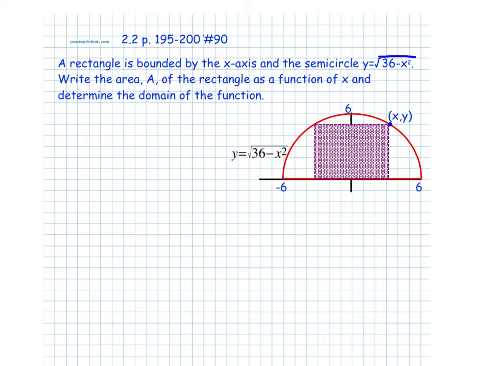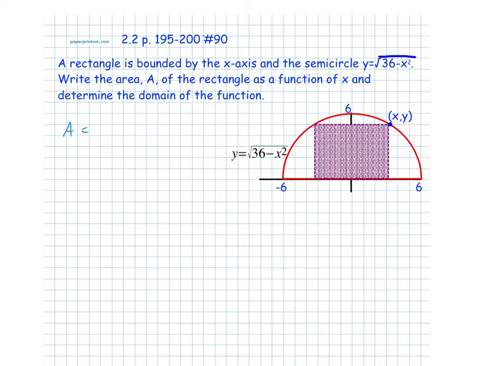And this rectangle will change depending on the coordinate x, y we choose. So for example, if we choose another point, we'll get another area. And that area will vary as a function of x. So let's begin by trying to write the equation for the area of the rectangle. So area for this rectangle would be,